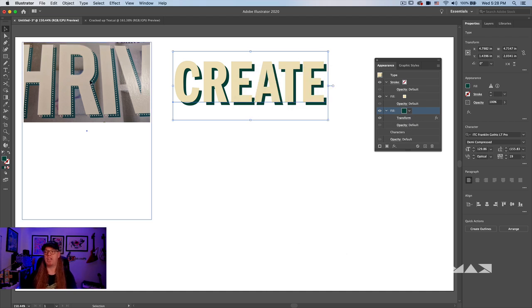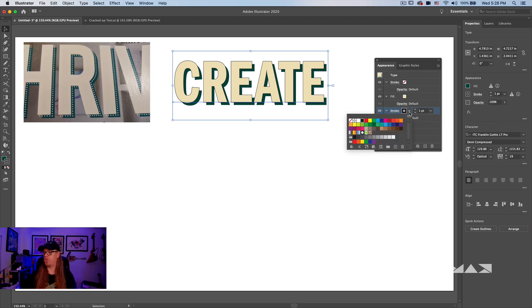Now the dotted line in here, that is not a fill. That would typically be a stroke. Down here at the bottom of the Appearance panel again, we can add a new stroke. It looks like theirs is white, so I'm going to go ahead and choose first a red. And the reason I do this is so that I can see what it looks like, and then I can go back and change the color easily afterwards. So we've got our red chosen here.